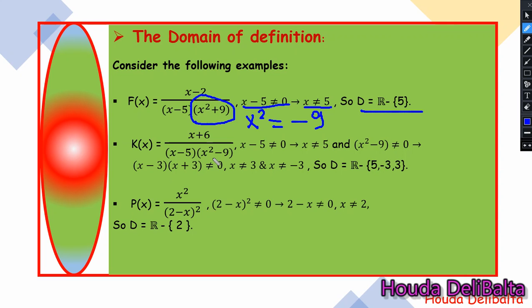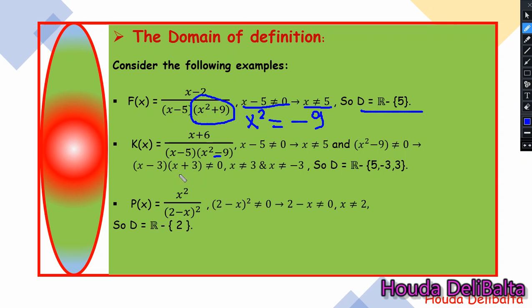This can be split into two factors using the difference, because I have minus in the middle. The difference of two squares will give me x minus 3 into x plus 3. So let's start by considering the denominator. First of all, x minus 5 should not be 0, then x should not be 5. x squared minus 9 should not be 0, then x minus 3 into x plus 3, by using the factorization,